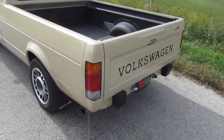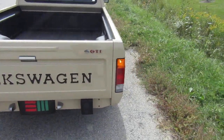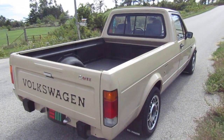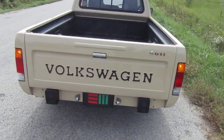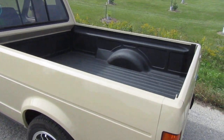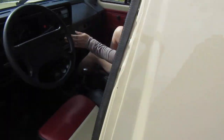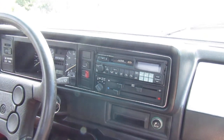I did want to mention all the lights work fine, other than the reverse lights. I can't remember if they're not hooked up or what was going on there. May have been missing a connector somewhere, but all the lights work. The city lights work in the front. Everything works as intended. It doesn't have any weird electrical problems. It's just the reverse lights don't work. The other thing is